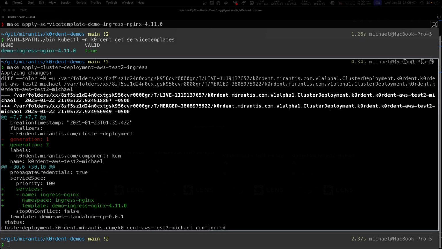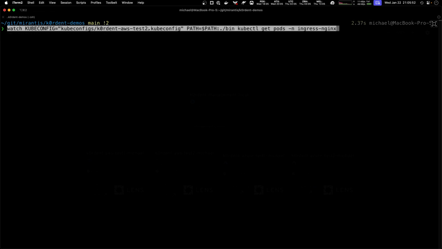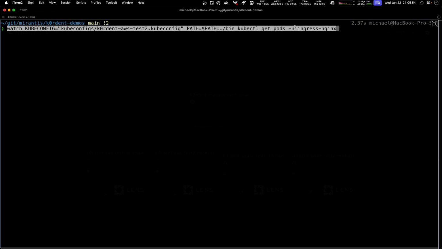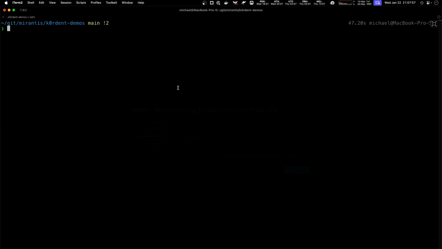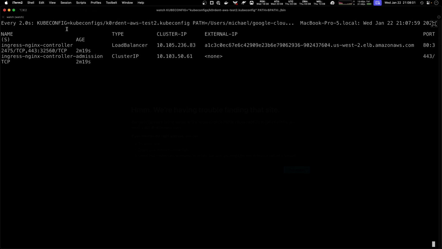And as we can now actually look inside the cluster, I select my k0rdent AWS test2 config, and I tell it to show me all the pods in Ingress NGINX. We can see 15 seconds ago, we have a new Ingress NGINX controller that is being started. Now it is running. If we also look at the services, so not only the pods, but I output the services, we see that inside this Ingress NGINX namespace, we now also have a load balancer that has an